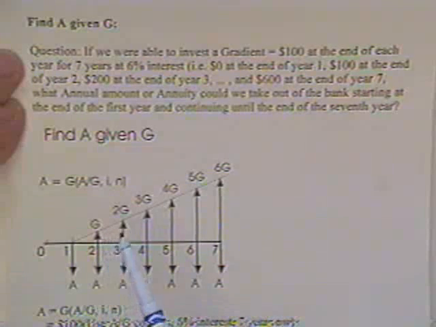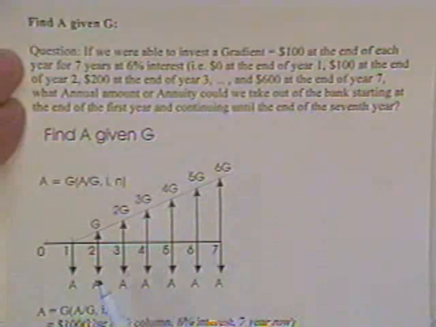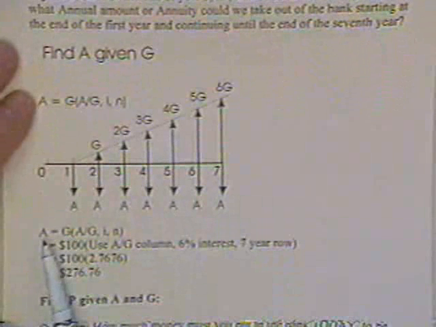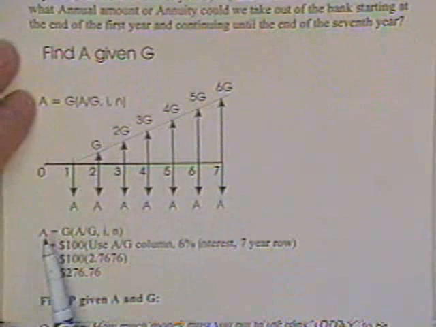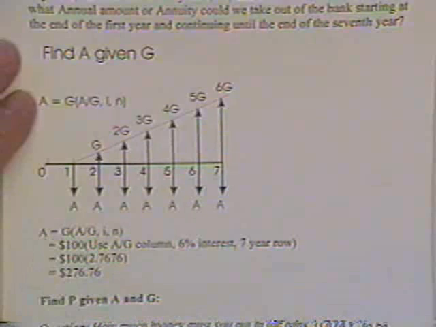$100 at the end of the second year, $200, $300, $400, $500, and $600. And I want to know what A is. And you do that exactly like you did everything else. You want to change a gradient into an annual amount, or given G, find A, or as the reference manual